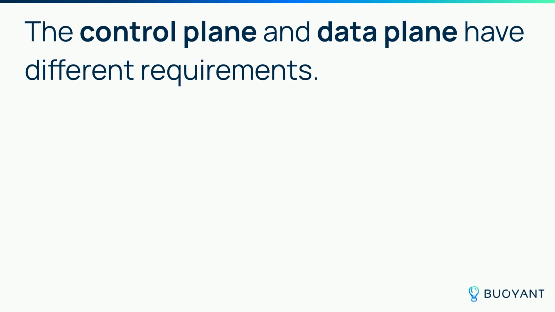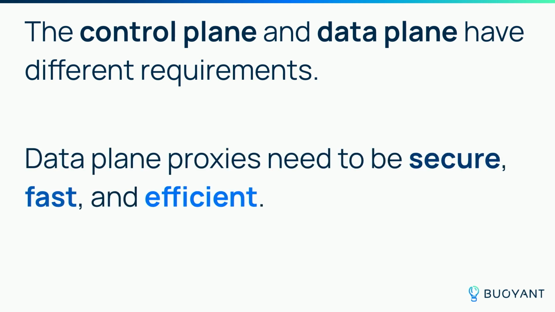Now Linkerd is actually made of 2 different pieces. I've been talking a lot about the data plane, which is the proxy, where all the traffic is flowing through. There's also the control plane, which is a piece that sits separately to that and controls those proxies. So it pushes configuration to them, it reads metrics from them, it gives them things like TLS certificates and manages revocation and rotation. And so the control plane and the data plane have very different requirements.